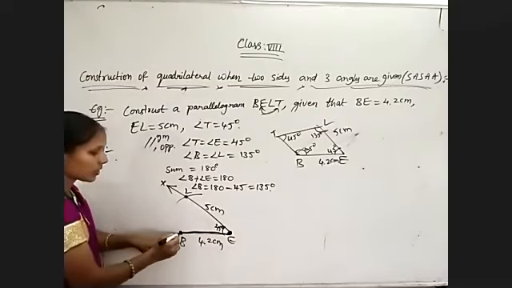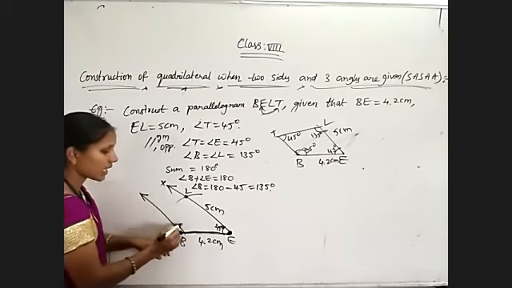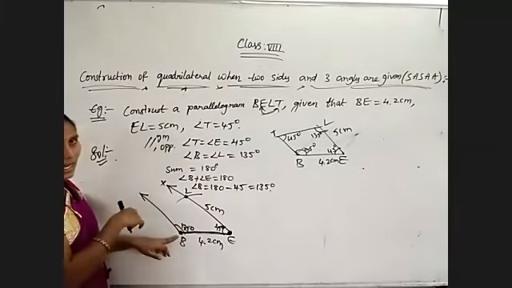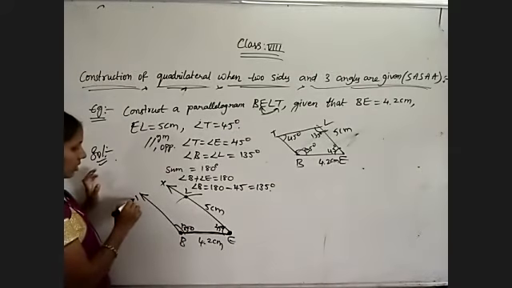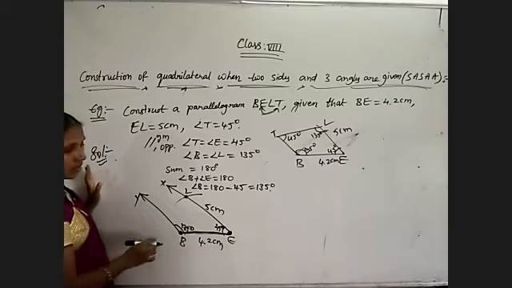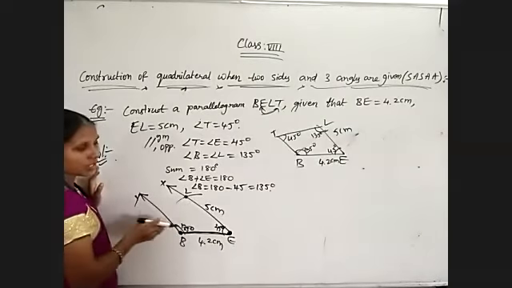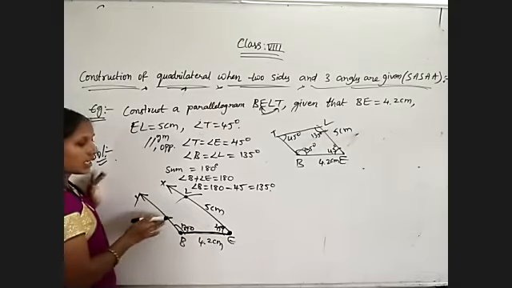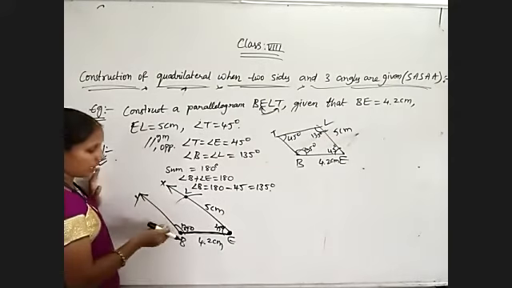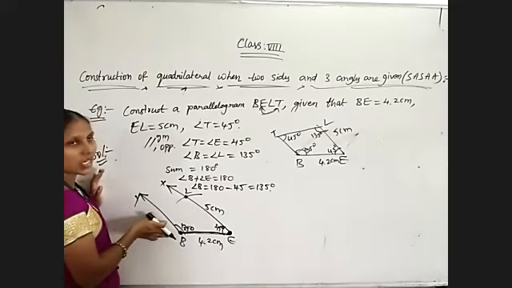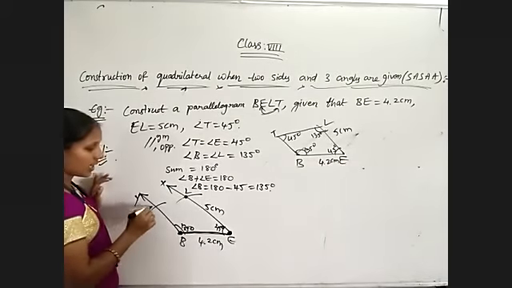So set the protractor at B and construct 135 degrees. 135 is an obtuse angle, you will get more than 90 degrees. Now till here over B, Y. To construct this length we know, because opposite sides are equal, but instead of that, you can use the other angle. Here also take 5 centimeters because opposite sides are equal. So keep at B and draw an arc.